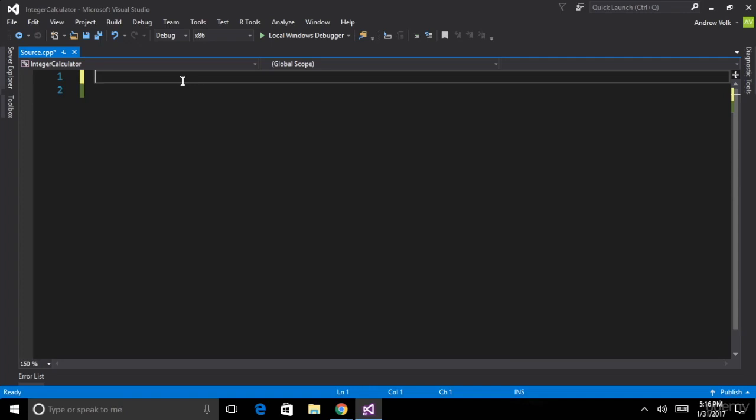For level 5, we're going to build an integer calculator. So we're going to start like we have in the past with hashtag include